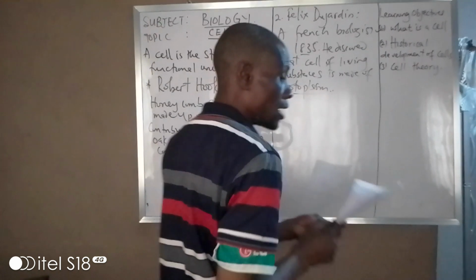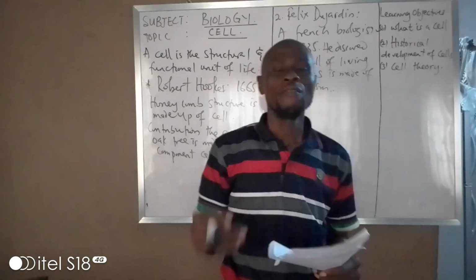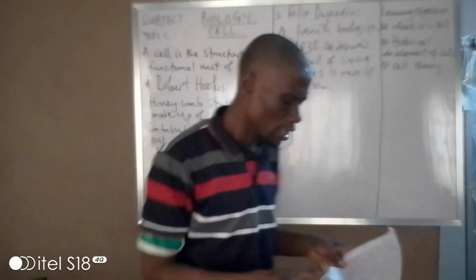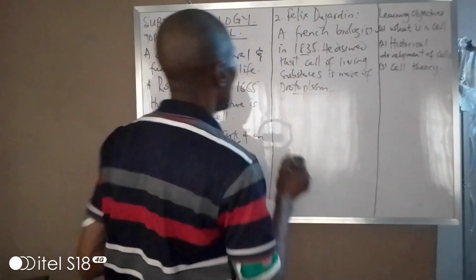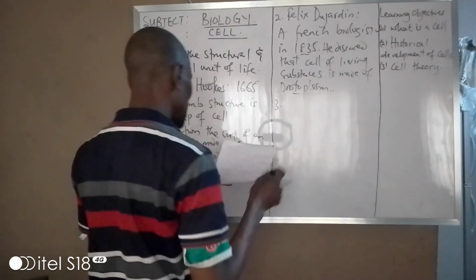So he discovered that the cell is made up of what is called protoplasm, by Felix Dujardin, the French biologist. Now, after him we have Theodor Matthias